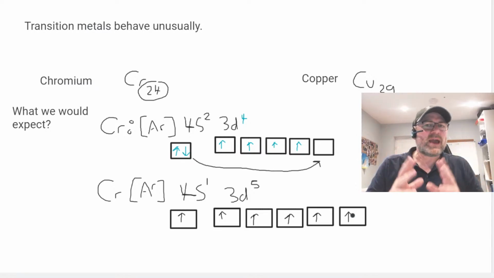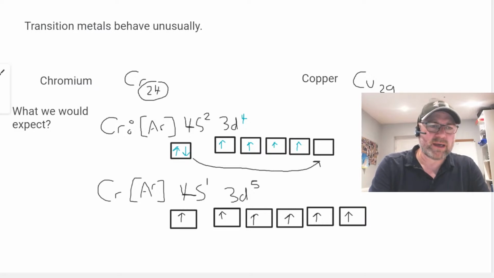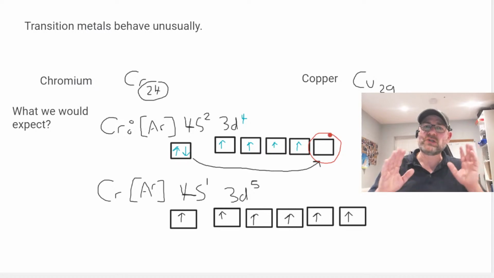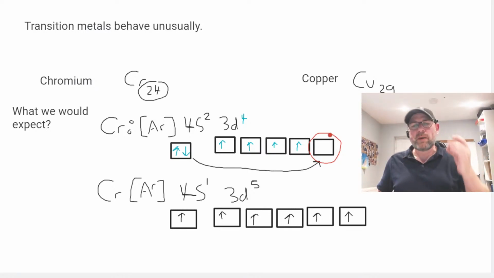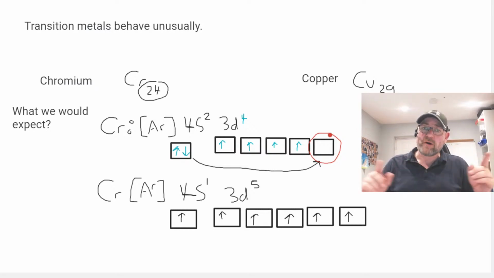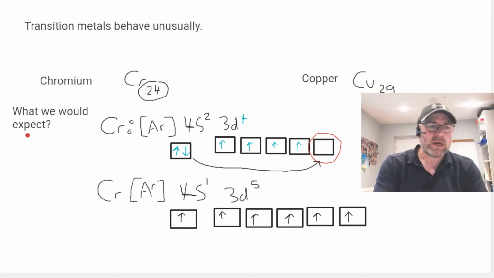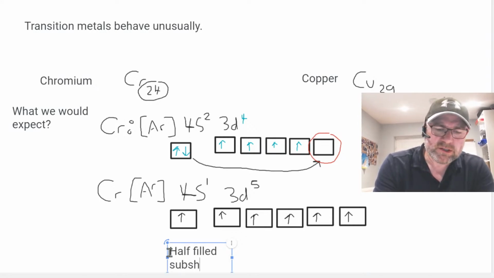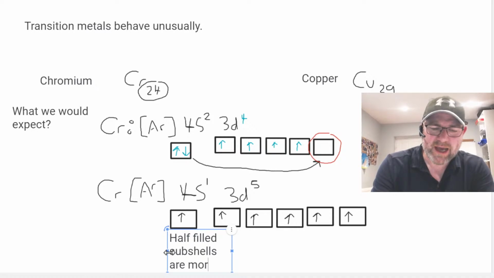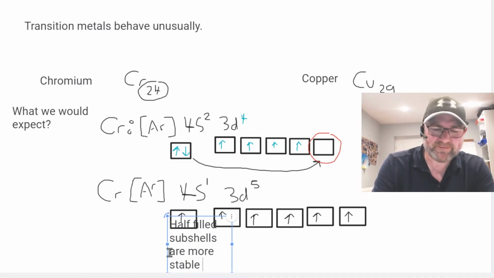Now, having empty orbitals like this in a 3d subshell, if they can help it, an atom does not want an empty orbital. It makes the subshell unstable. It's much better to have these 2 half-filled subshells than the 4s completely filled and the 3d partially filled. So what we learn from this is that half-filled subshells are more stable electronically, energetically, than